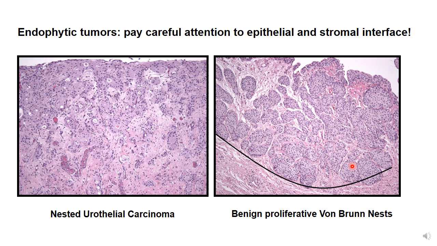interface where you can almost draw a line, while nested urothelial carcinoma, at low and high magnification, the nests are going to look essentially like proliferative von Brunn's nests from a cytological point of view. But if you look at the interface, it is very disorderly. You have a lot of confluence, disorganized growth. You cannot make a clear-cut boundary between the proliferation and underlying stroma. So when you see this type of feature in a biopsy, always think about some of these important endophytic processes such